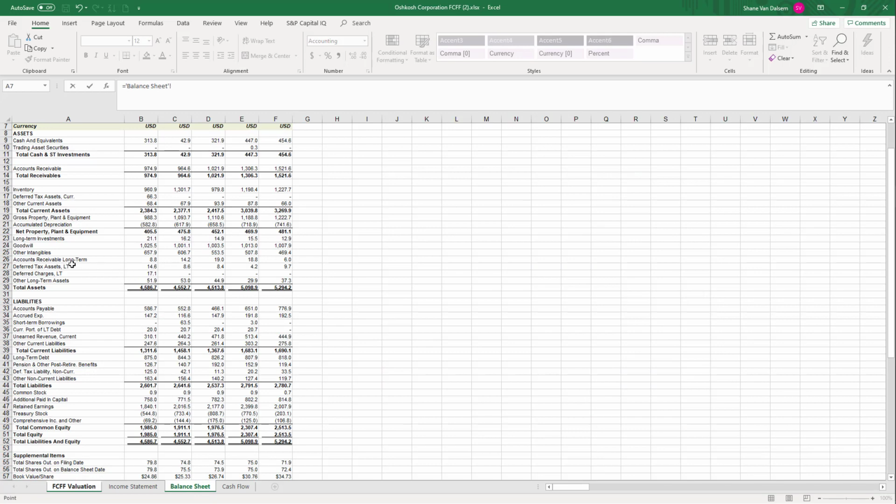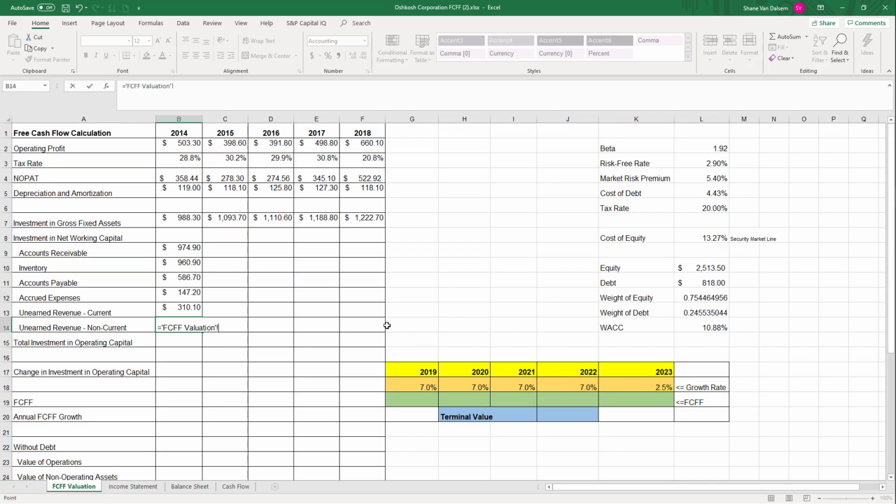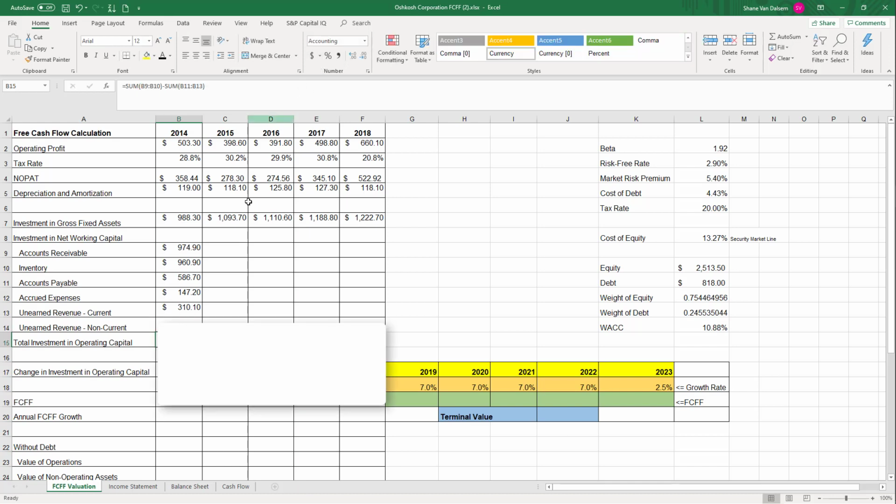And then unearned revenue non-current. And let's see here. They don't have, at least not separately listed out, any non-current unearned revenue, but Renaissance Learning, I believe, does. So just keep that in mind as you're doing your valuation there. So I'm just going to pull all of these numbers over